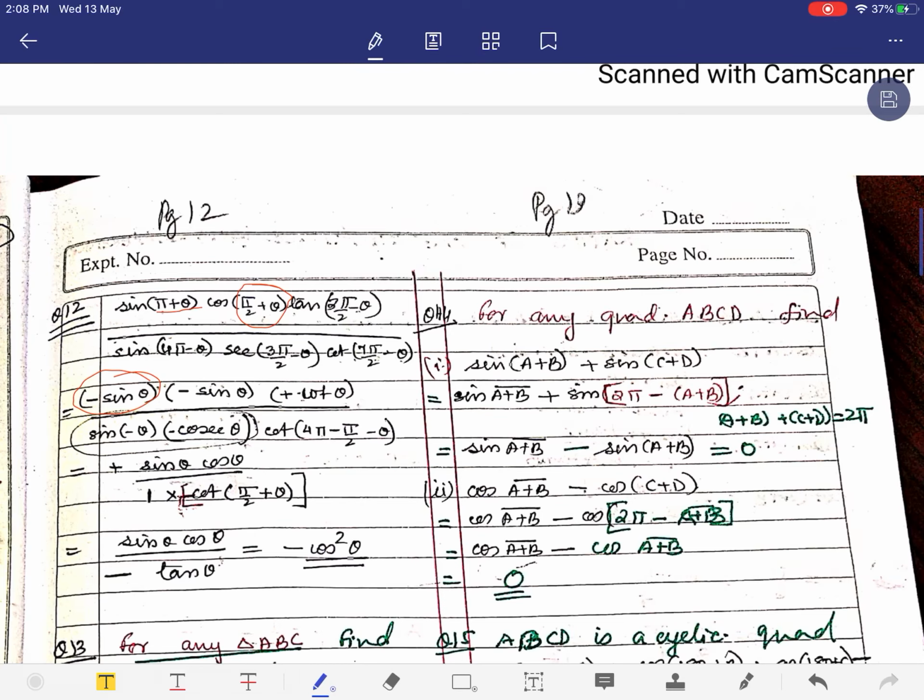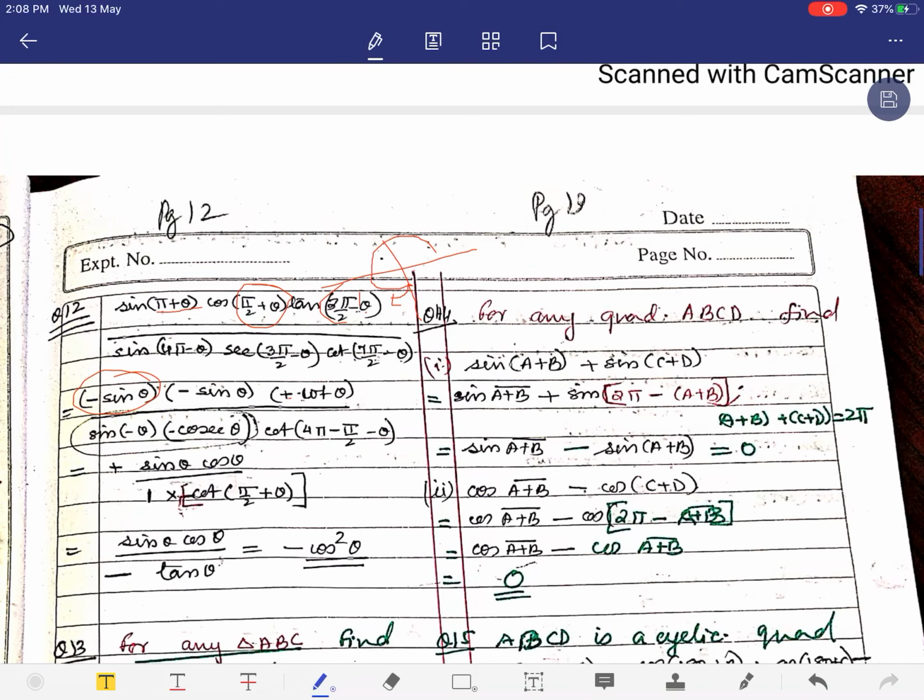Tan of 3 pi on 2 minus theta, 3 pi on 2 changes into complementary, and 3 pi on 2 minus theta is in the third quadrant. 3 pi on 2 is from here to here. So, minus theta changes its direction. So, the angle is finally in the third quadrant. So, therefore, we have tan in the third quadrant positive. So, this will be plus cot theta.